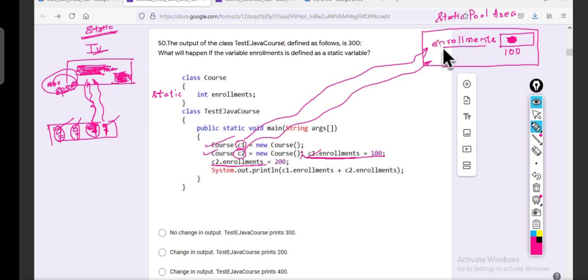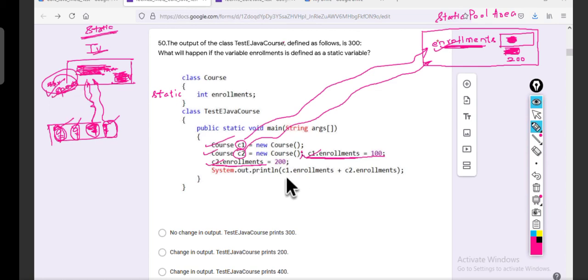Everyone is using the same copy. C1 also uses the same variable, C2 also uses the same variable. C2.enrollment = 200: remove 100, put 200. Done. Now you are also watching Star Sports, and mother is also watching Star Sports.